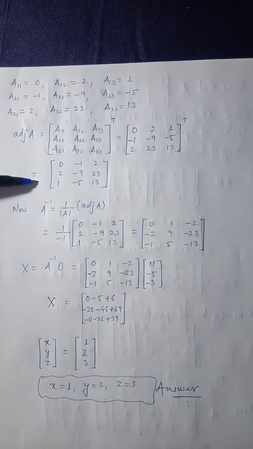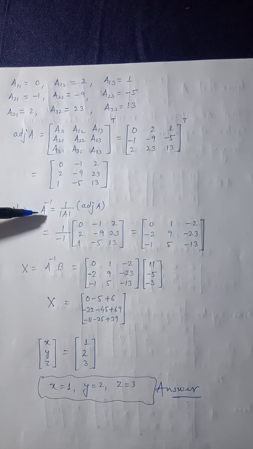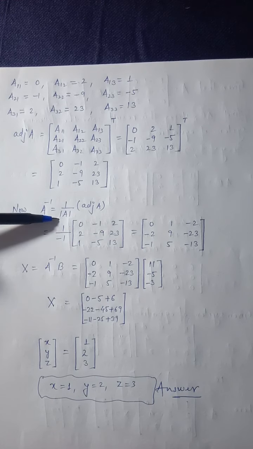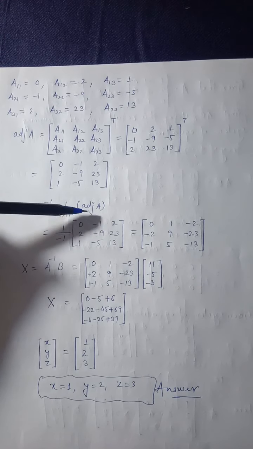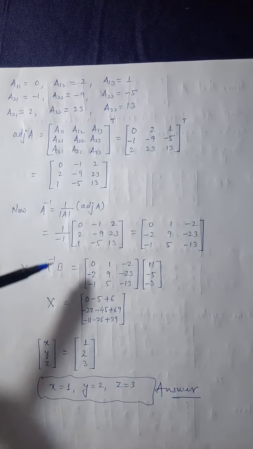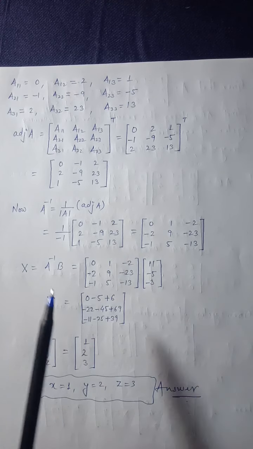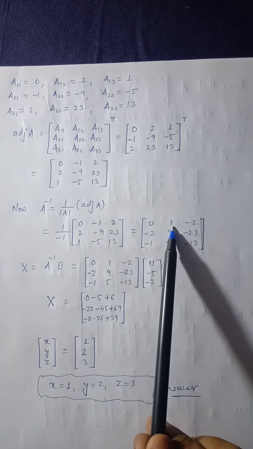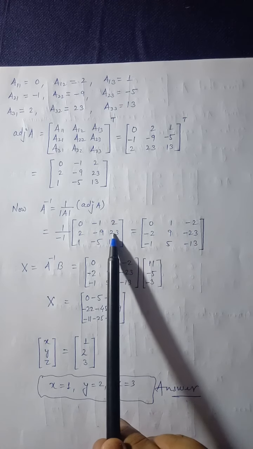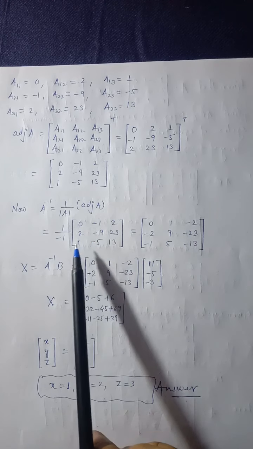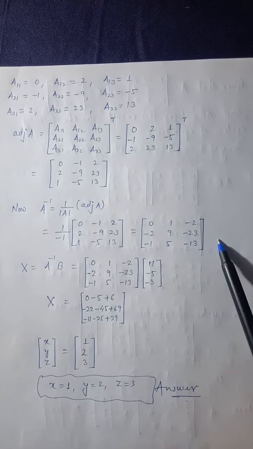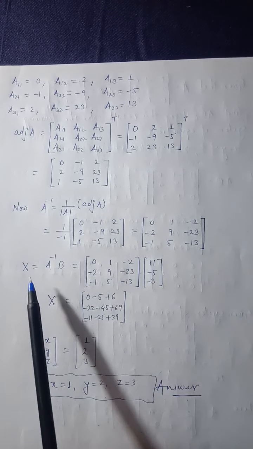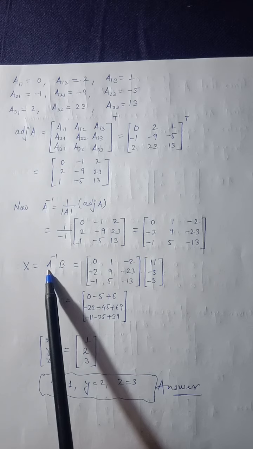Now the formula of inverse: first of all we are finding the inverse. So A inverse is 1 upon determinant of A into adjoint of A. The determinant of A is already calculated, which is minus 1, and the adjoint of A is here. So what we will do, we will just multiply all the elements by minus 1. So all the elements will become negative. So this minus will become plus and this 2 will become minus 2. 23 will become minus 23. This will become plus. This is minus, this is plus, and this is minus. So this is finally A inverse. Now the formula says that X is equal to A inverse B. So the value of A inverse is here.